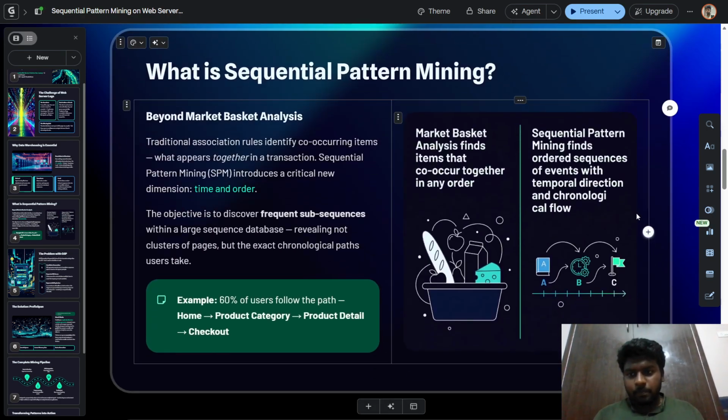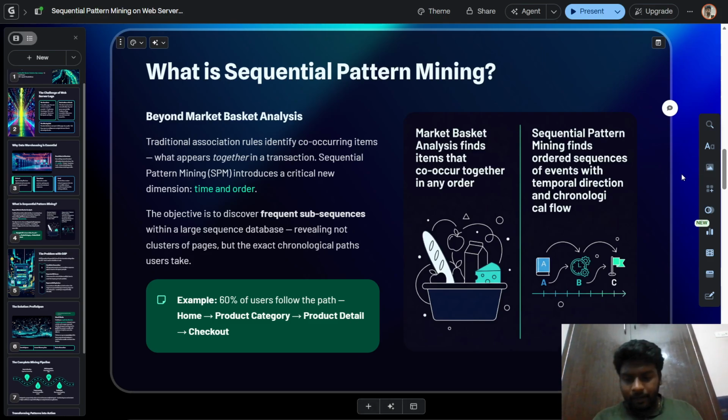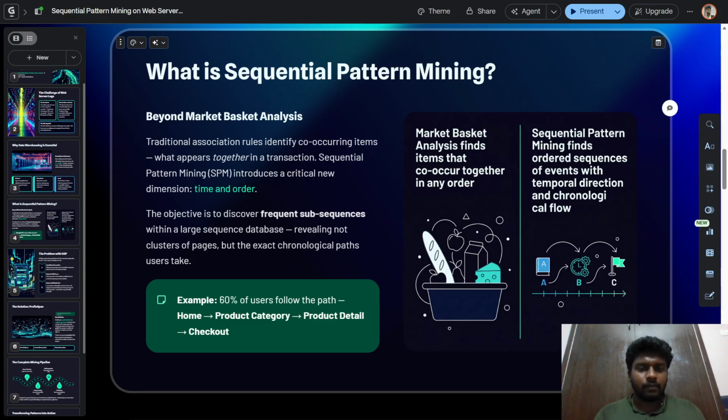Now, what is sequential pattern mining? We know the title, but what exactly is it? So let's have a look at that too. Once the database is built after all the filtered logs we have got, it is very, very important